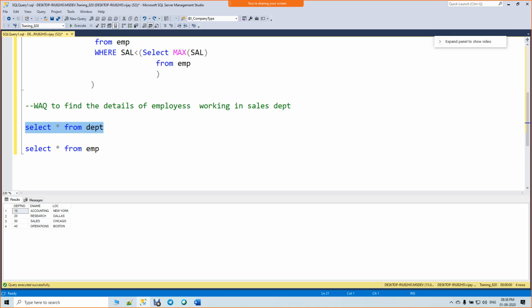Now from the employee table filter department number 30. That's the answer. So the first subquery gets the sales department number, and the outer query on the employee table depends on the department query. Just type it out, then I will explain.